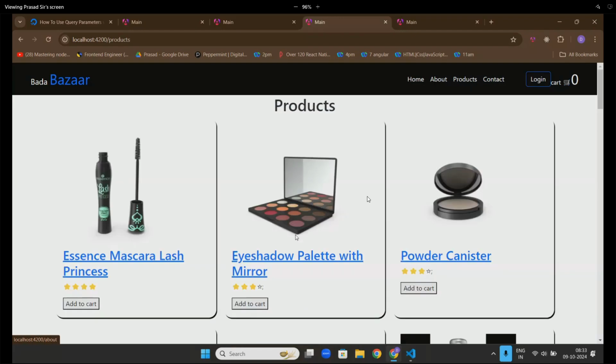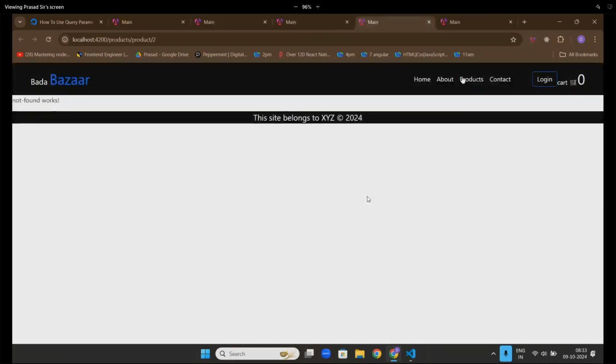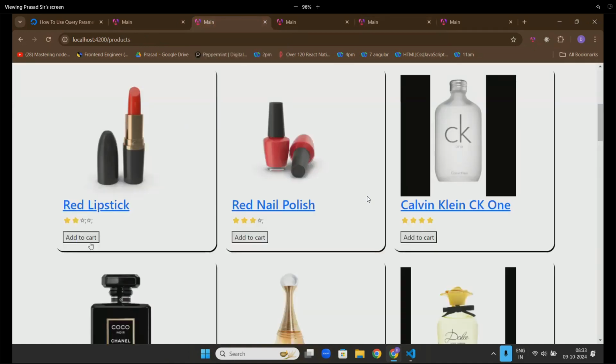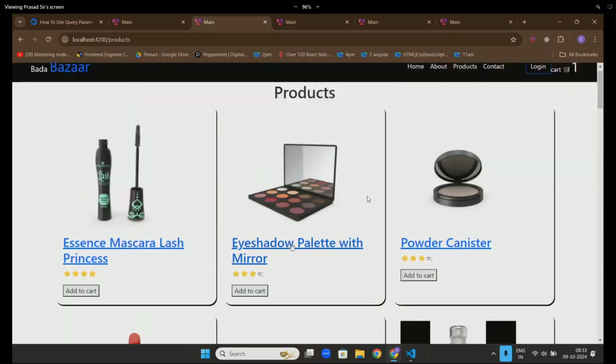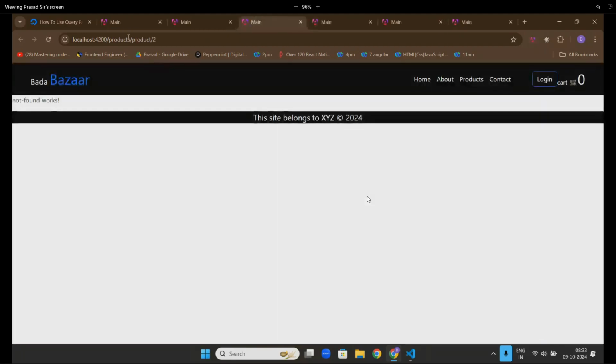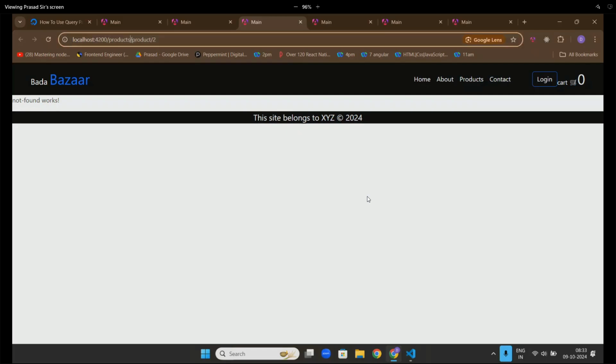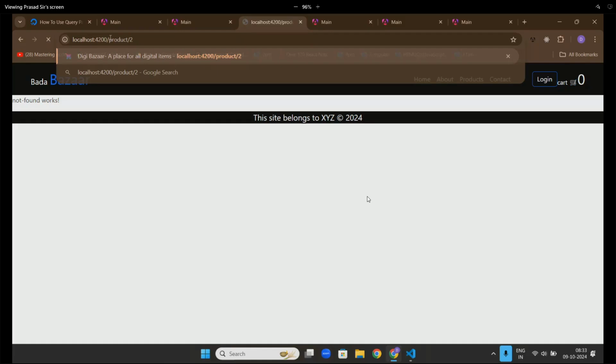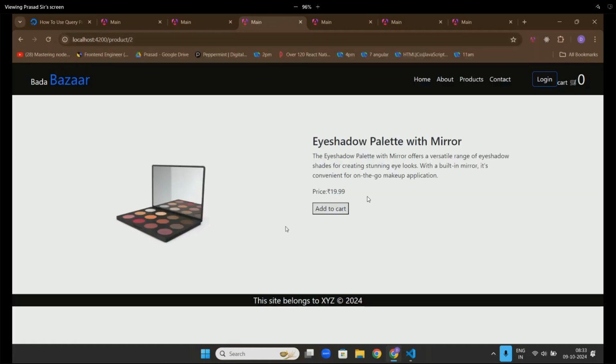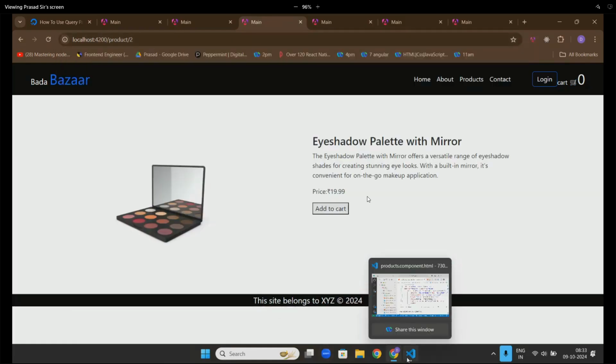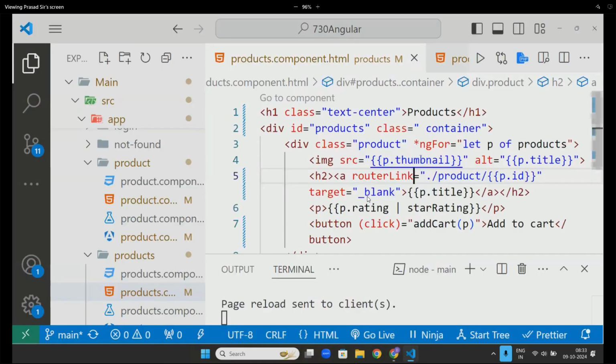I tried it with router link, but let's try. This one is added. Now if I click on it, this is the problem. See, it's actually going from here. Why? This is the problem. From the starting, it's happening.